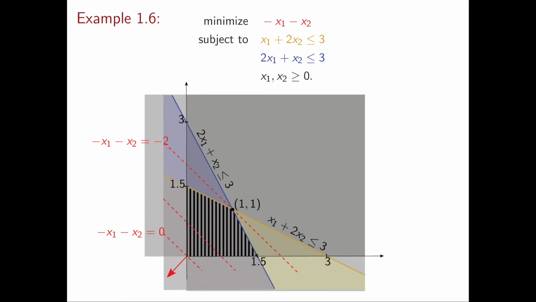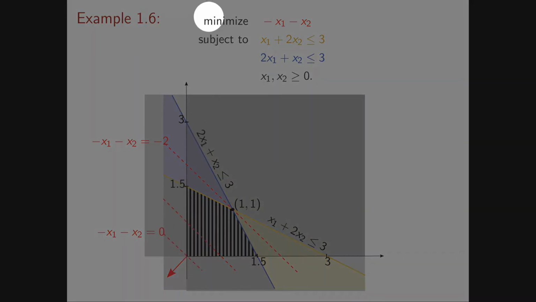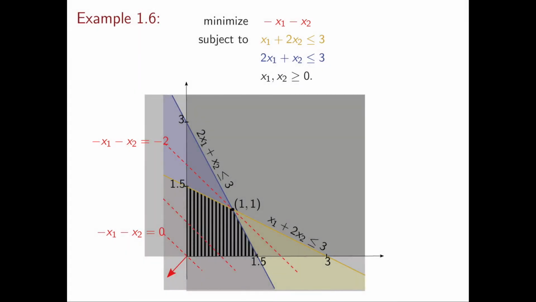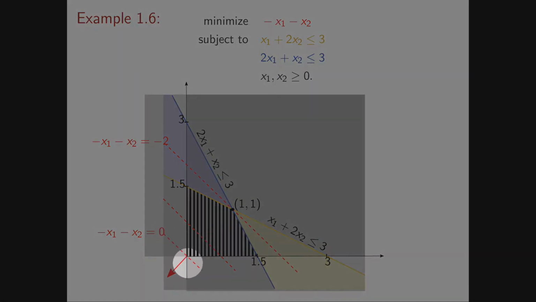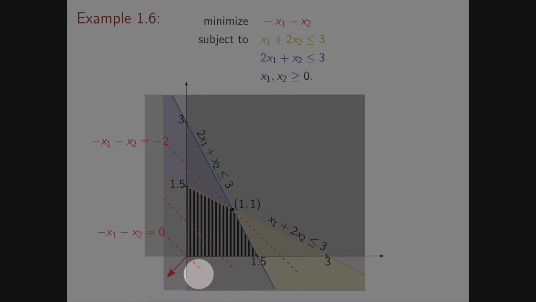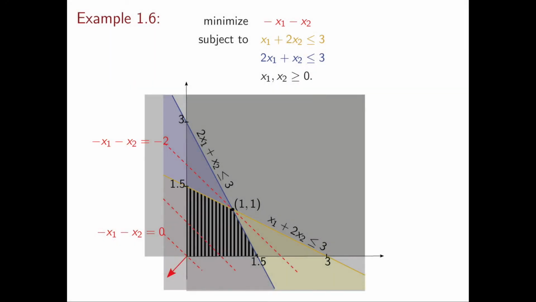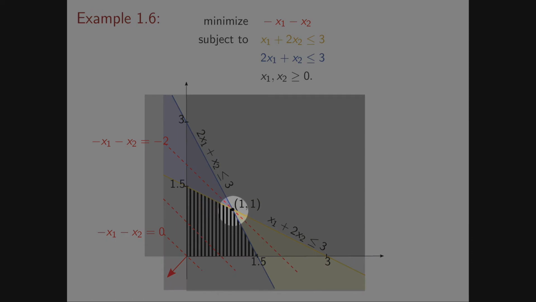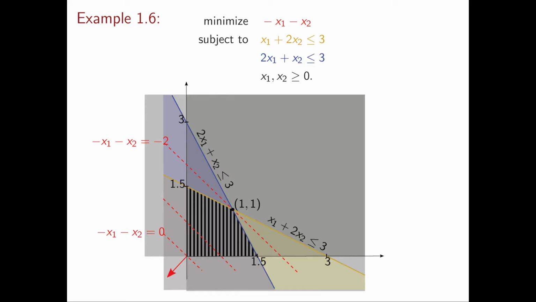So why is that? In fact, in this optimization problem, our task is to minimize the objective function. So we want to essentially shift our red line as much as possible in the direction opposite to the red arrow, because in the direction of the arrow you increase the right-hand side, and we want to decrease it as much as possible because we're minimizing. So geometrically what we're doing is we're shifting this red line as much as possible in the direction opposite to the arrow, so in this case essentially up, and we should stop exactly when we are about to leave the feasible region. So when the intersection between the red line and the feasible region is about to become the empty set,